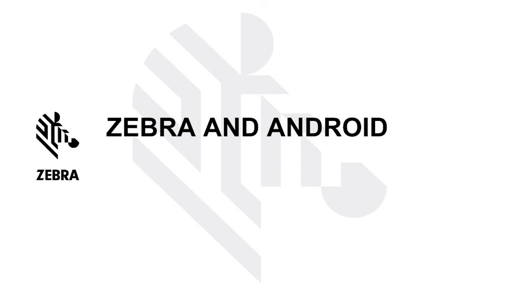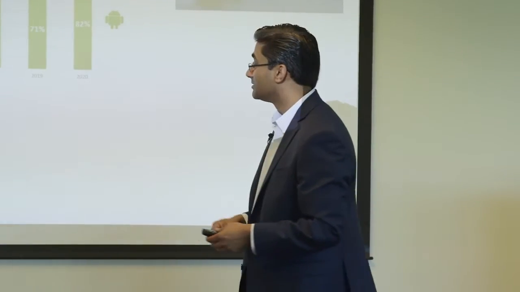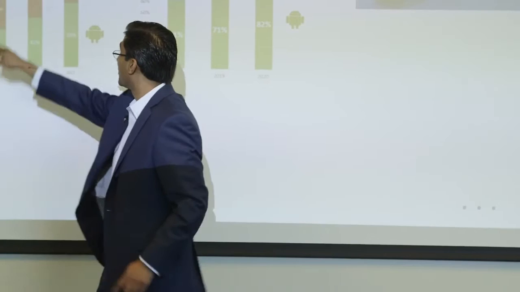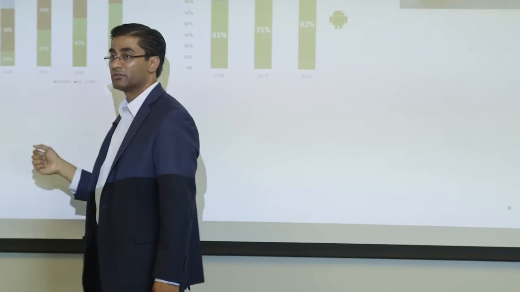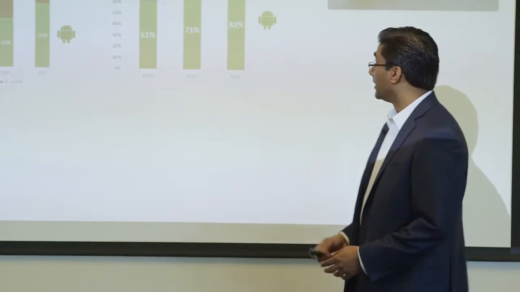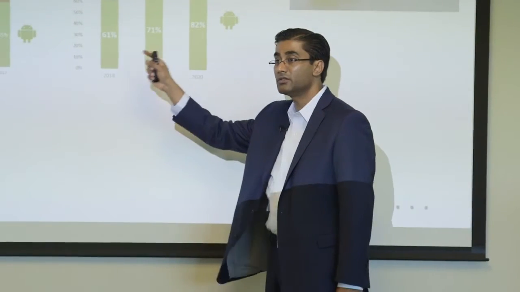Okay, so when we look at Zebra, because Zebra has also gone through a big transformation, this is a picture of an aircraft carrier, because it was literally like moving an aircraft carrier for Zebra. We were 100% Microsoft, and for us to make that U-turn was a pretty lengthy cycle. So when we started out in 2014, you can see that the majority of our devices were running on Microsoft platforms. By the time we come to 2017, more than half of our device portfolio is running on Android. Same thing as you see from a projection perspective, that we will continue to see a huge increase of more and more